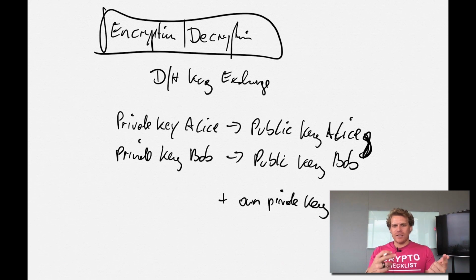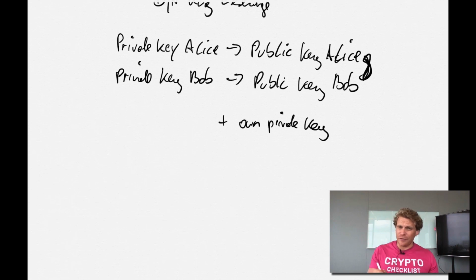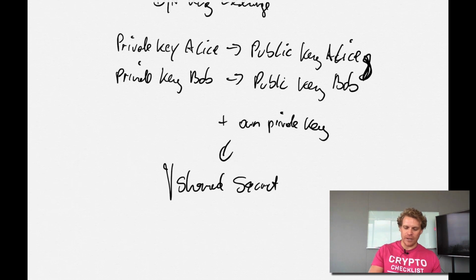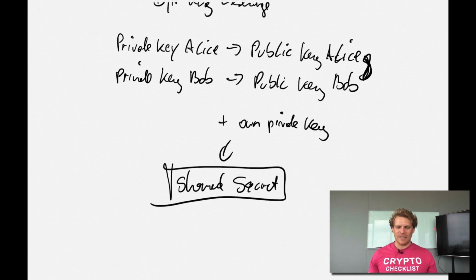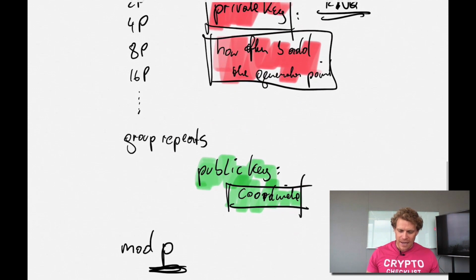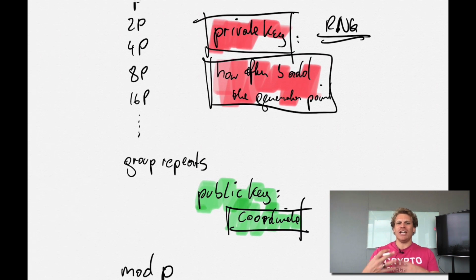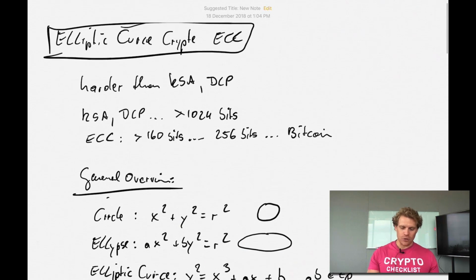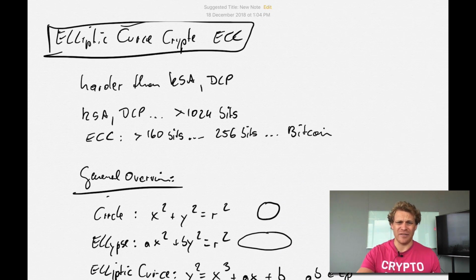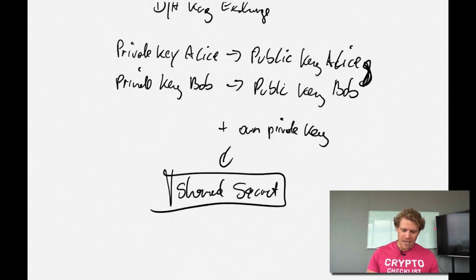But because no one knows the private keys, an attacker from the outside cannot understand this. If this confuses you, go back to Diffie-Hellman, and then you have a shared secret. It can be used as a session key. And that's how simple, basically, elliptic curve works. The only difference is it's so much harder to attack because the calculations are a bit more intensive. So it just takes a little bit more time, and that's why it is way more efficient, especially in data storage. That's why you only need 256 bits in this entire concept. If you wanted to crack this, so let's say you want to crack this,